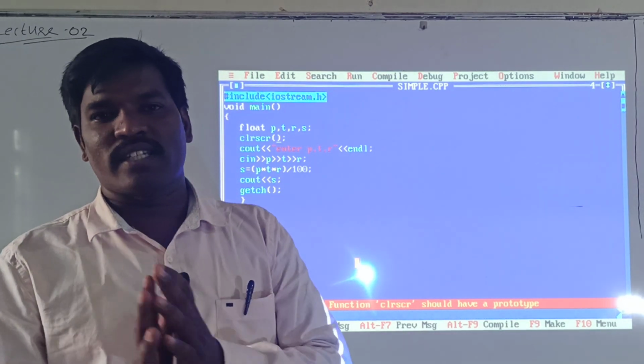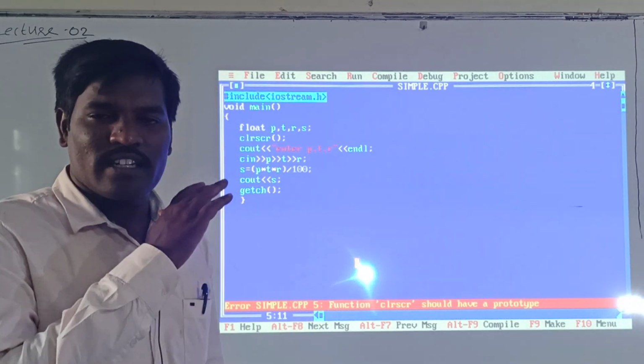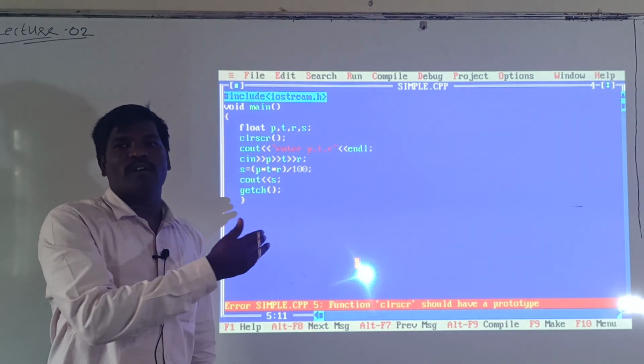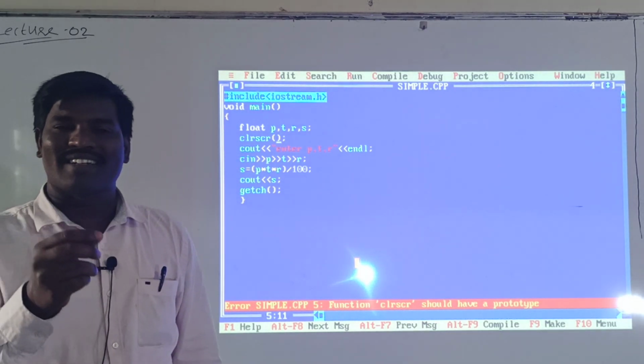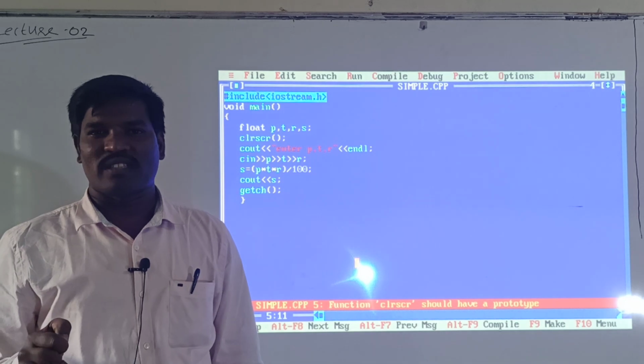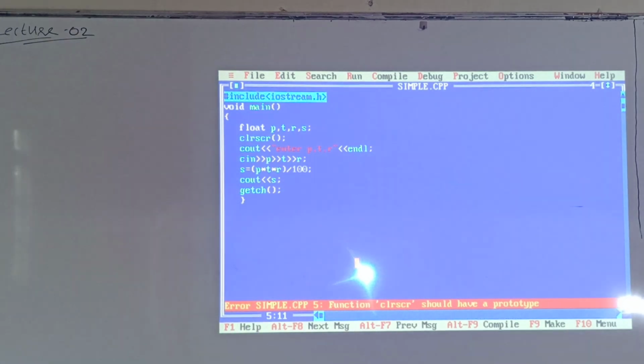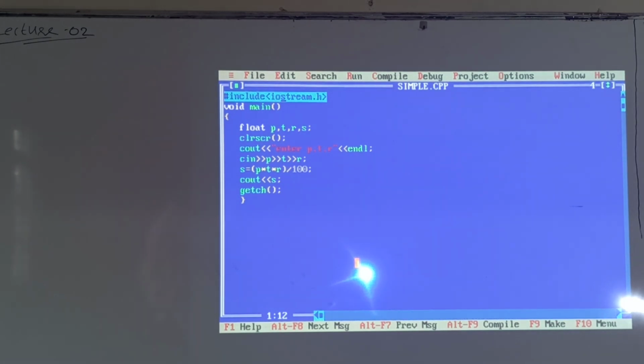So the statements that clear the screen, or give immediate output after input, are all present in conio.h. Okay, so I can write conio.h.